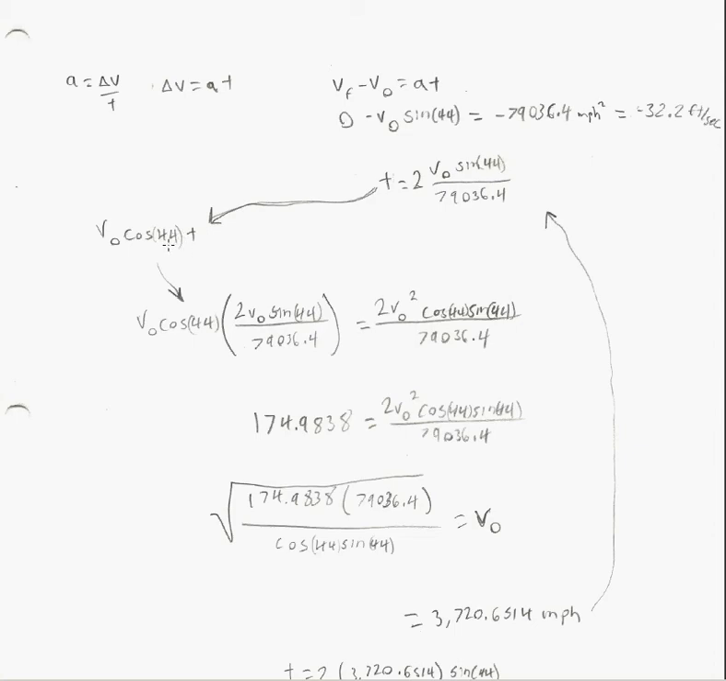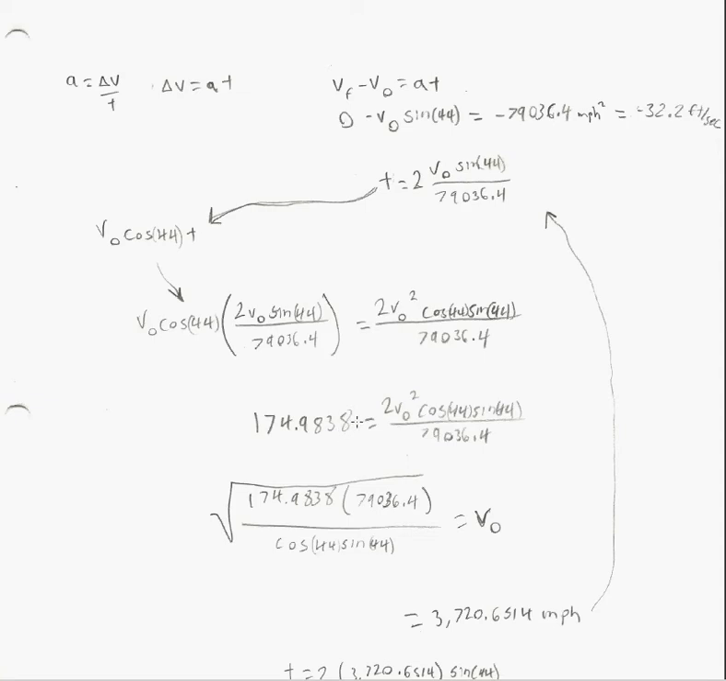So we take that and we substitute it right back into our x component here. So now we have v naught cosine 44 times our whole t here. Well, we go ahead and distribute everything, and now we have this 2 times v naught squared cosine 44 sine 44 over 79036.4. Well, we know that our x distance was 174.9838 feet,